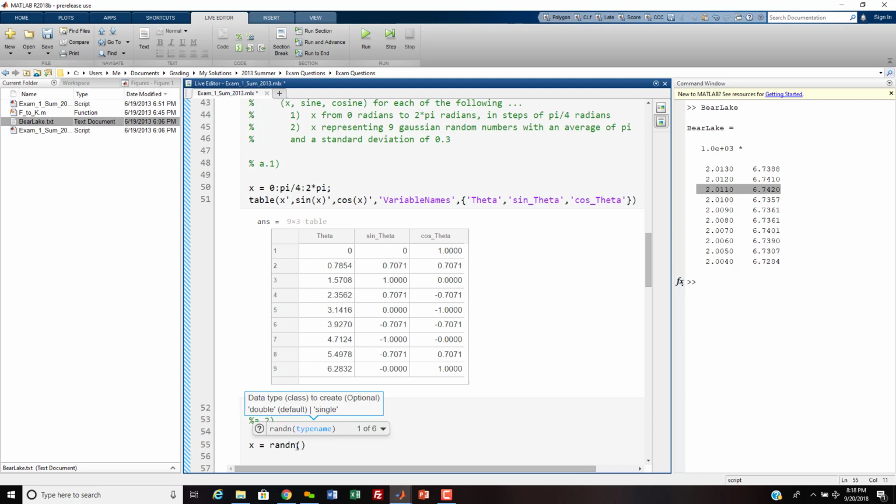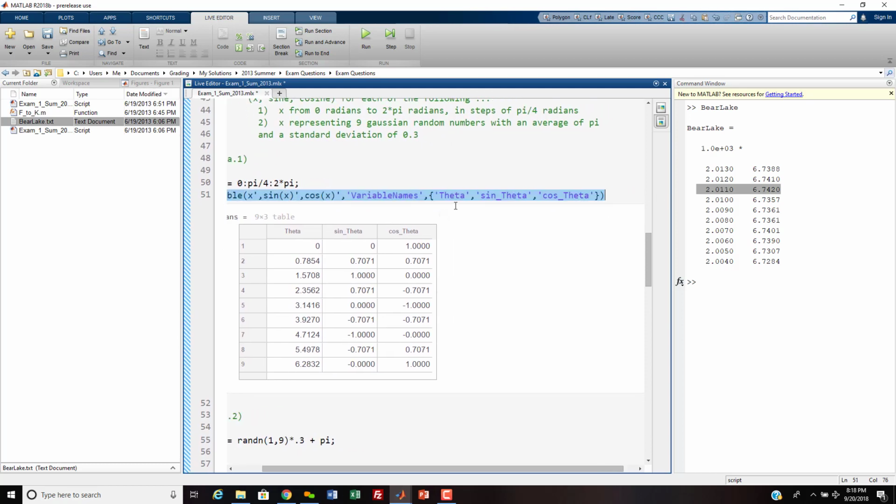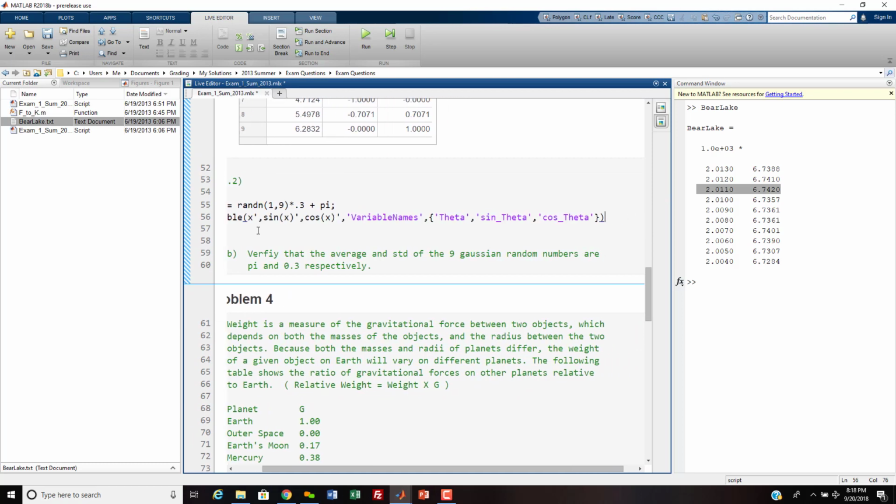So we want 9 numbers. Then we're going to multiply that by our standard deviation and add our mean value, and then we're just going to cheat, because it's the same thing, the only difference was the creation of